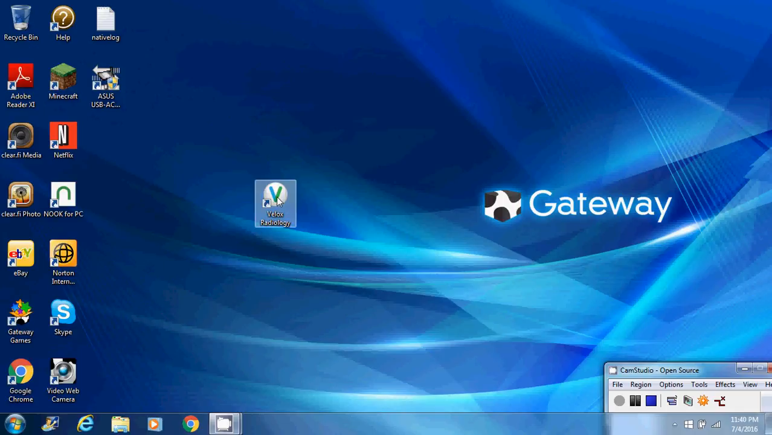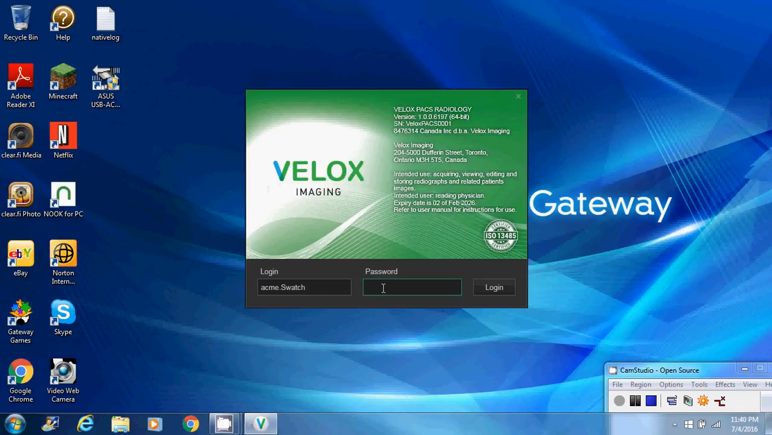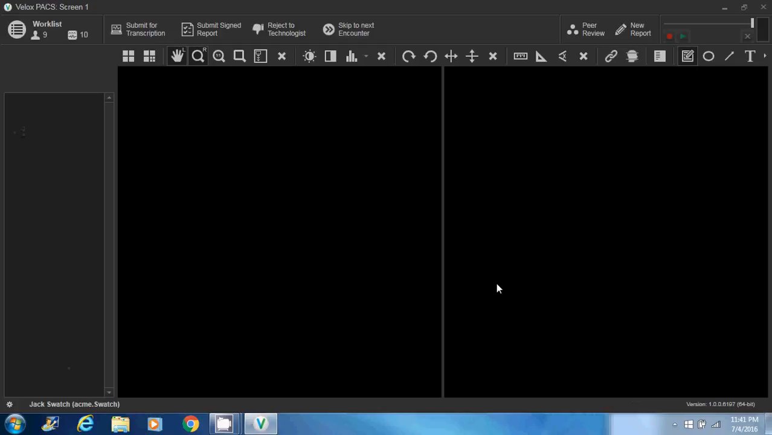Simply go to your desktop and double-click the icon to begin the application. Enter your login name and your password and click Login. Once it's open, you'll notice the overall layout of the screen. The work list and tool buttons are along the top,